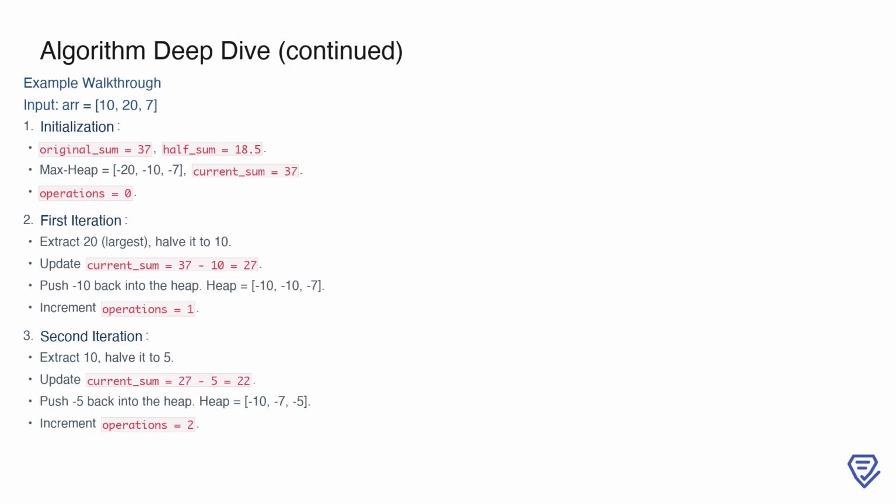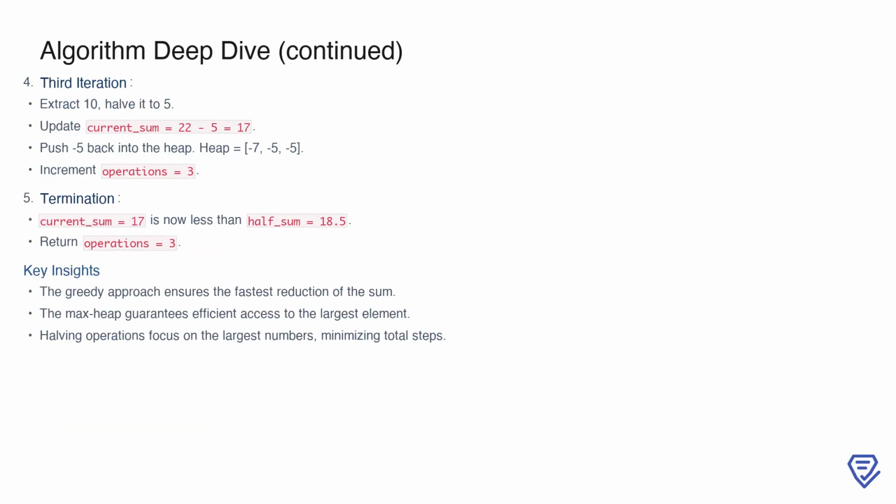In the second iteration, we extract 10, halve it to 5, and subtract 5 from the current_sum, reducing it to 22. We push -5 back into the heap, making it -10, -7, -5, and increment operations to 2. In the third iteration, we again extract 10, halve it to 5, and subtract 5 from the current_sum, reducing it to 17. We push -5 back into the heap, resulting in -7, -5, -5, and increment the operations